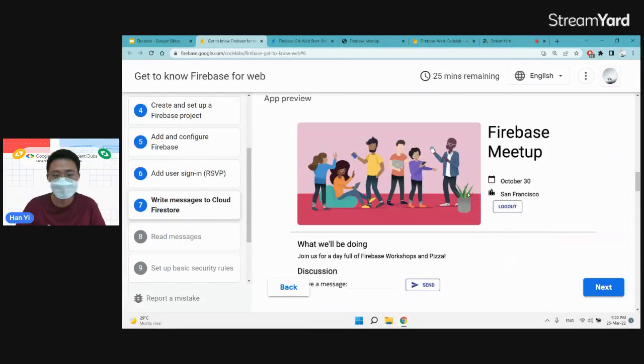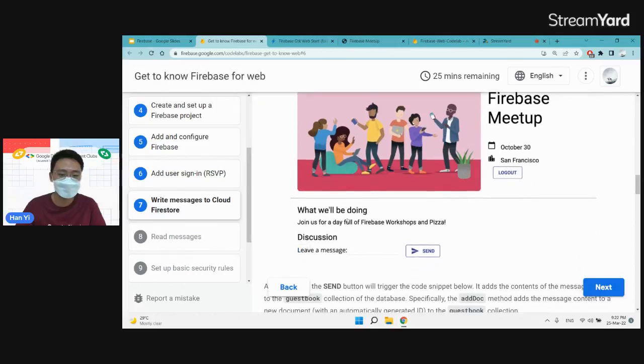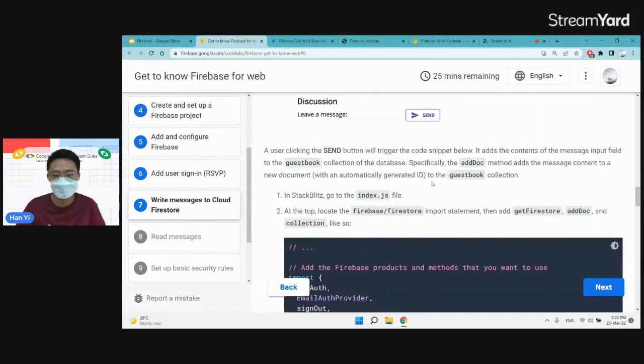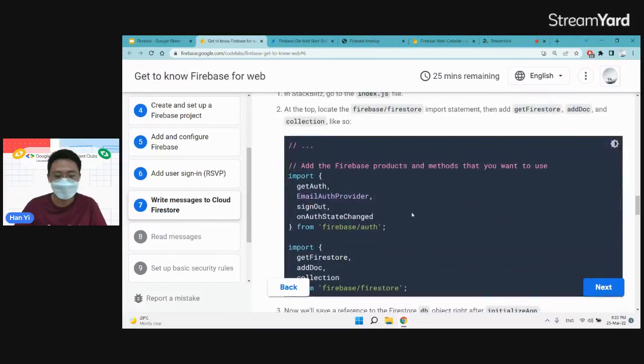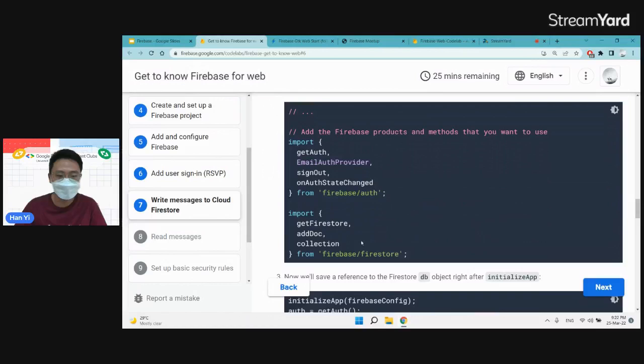From here, you can see the app preview, where you have the details of the title, the date, the place, and the description, and the discussion for the user to type in their message. When a user clicks, the message is imported to our database. But now we can see that the Firebase Firestore here doesn't have the collection for them. So now we need to add the Firestore function to the Firebase project so that we can import the library from them. So we just copy this